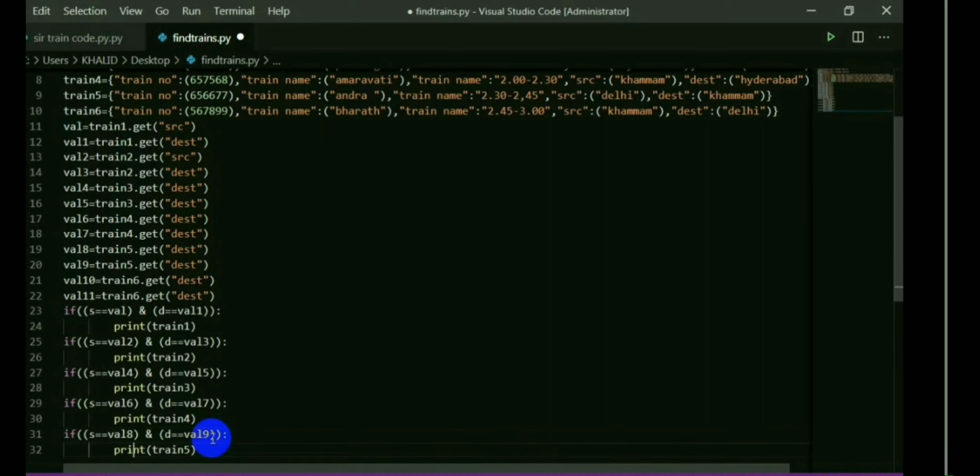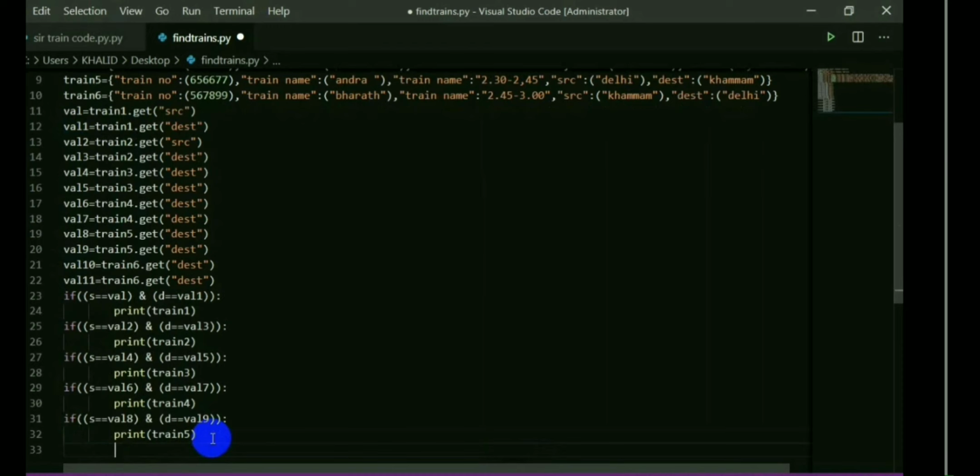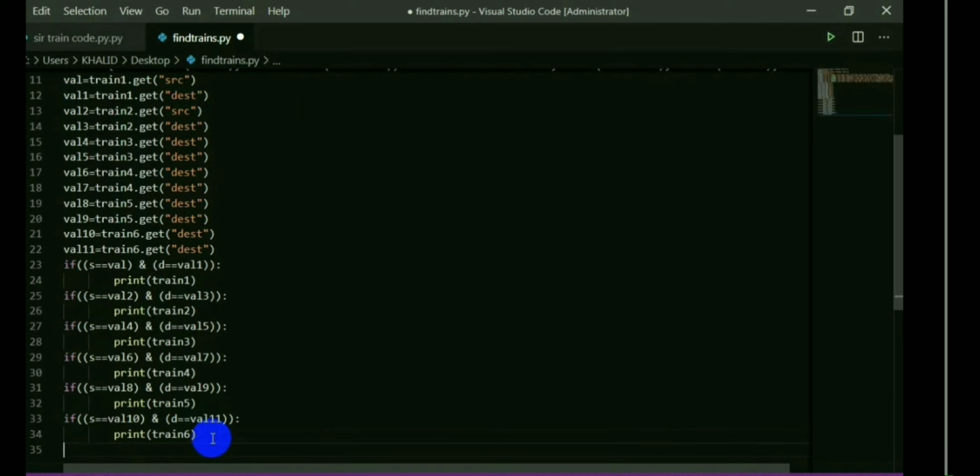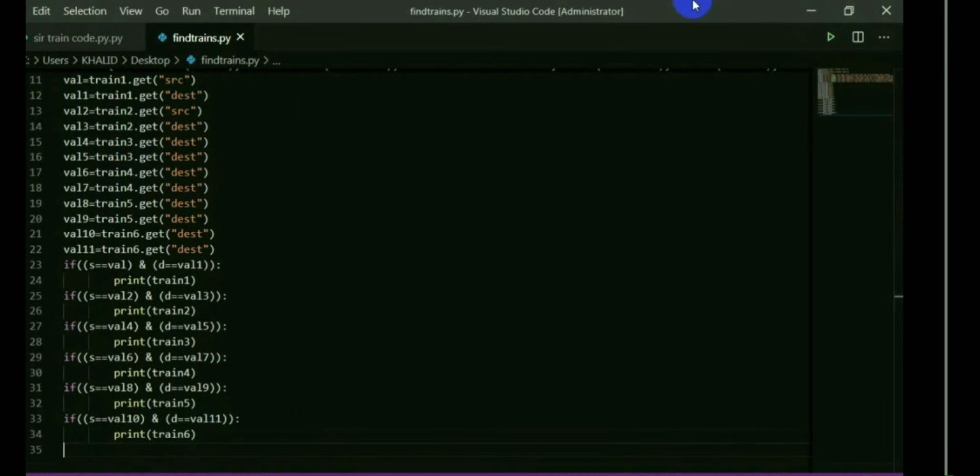So as you could see, printing the trains is almost done. Now I have to print the last train, number 6. So now the code is done.